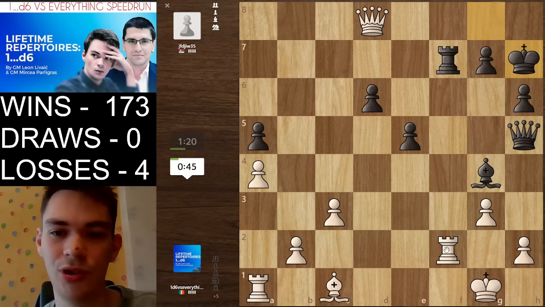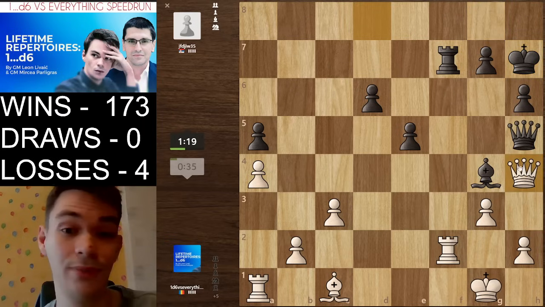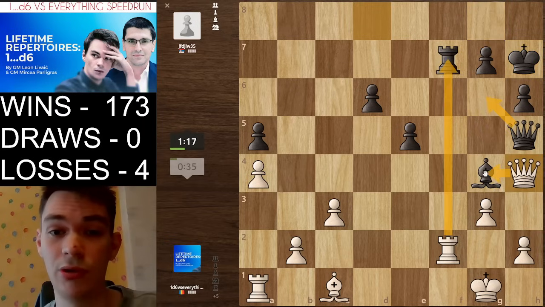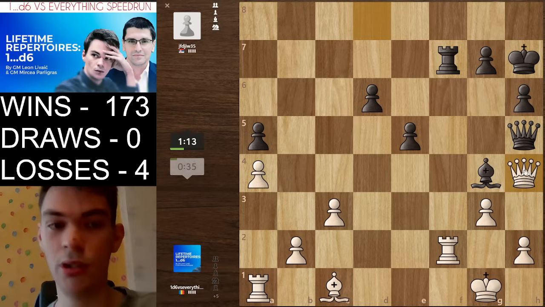What's the most efficient way now? Queen h4 maybe? Queen h4. Probably. Just so after takes, there is this, and to force the queens off. Otherwise,